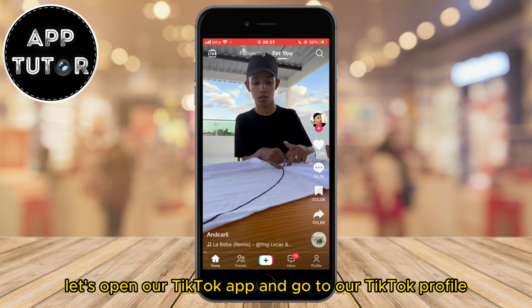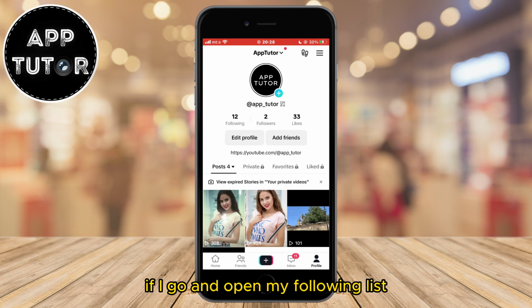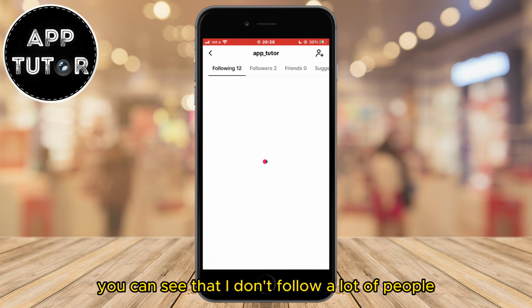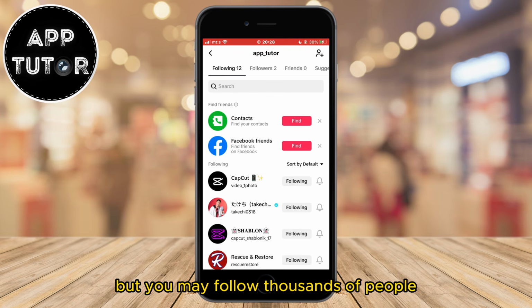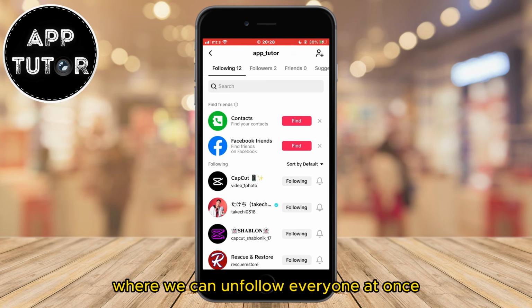Let's open our TikTok app and go to our TikTok profile. If I go and open my following list, you can see that I don't follow a lot of people, but you may follow thousands of people, but as you may know, you do not have an unfollow all button or something like that. TikTok doesn't give us that option where we can unfollow everyone at once, so we will have